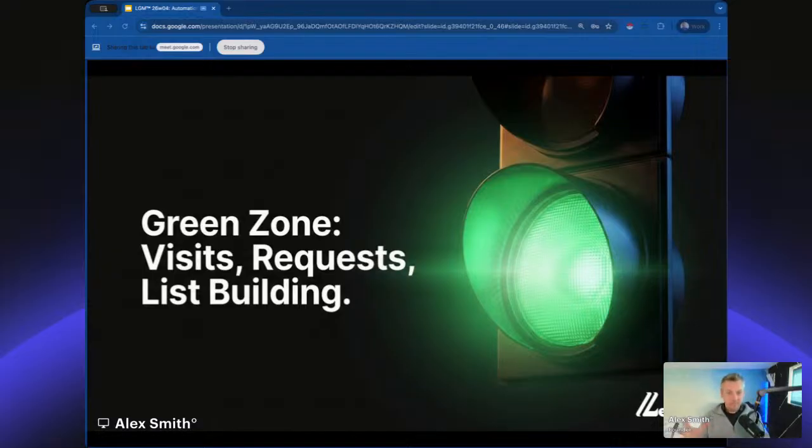So going back to the green zone automation things that we can do. Profile visits are great. It's a very time consuming and repetitive task for you to be doing manually. So we need to automate it. And tools can automate that process for you, visiting those 50 to 100 profiles every day on your behalf. And some of those people will visit you back. So it's great free visibility.